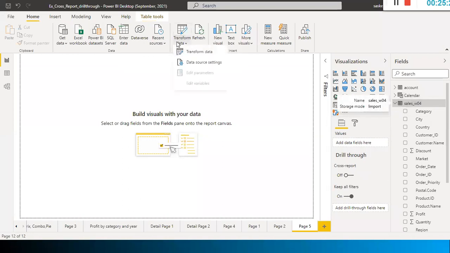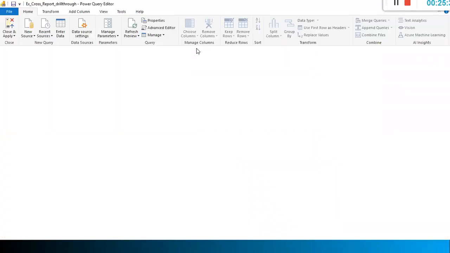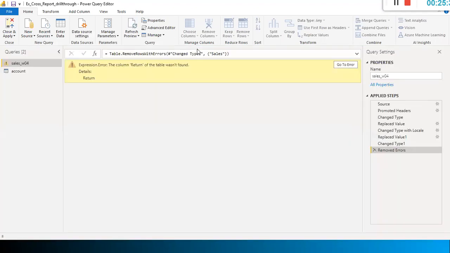Click transform. So only sales W04 is there. Okay, I can see the error that the column of the table was not found. Okay, go to the error.